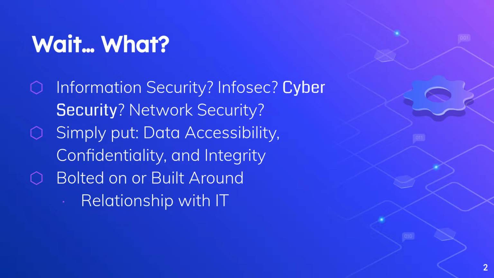Simply put, though, it's about data accessibility, confidentiality, and integrity. We want to make the data accessible. We're going to talk about different kinds of attacks, but if we have a denial of service attack and it's taking down our system, then the data is not accessible. We want it confidential: we want data that other people are not supposed to have to stay out of their hands, and that's what confidentiality comes down to. Integrity means the data is correct. If it's deleted, it's not correct. If it's encrypted and it's not supposed to be encrypted, and we can't read it because of ransomware, it's not correct.